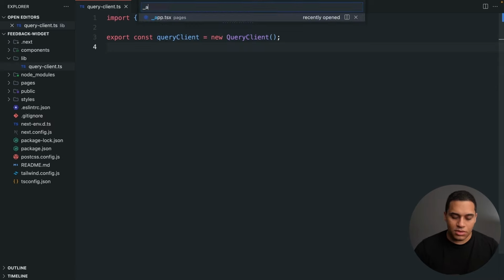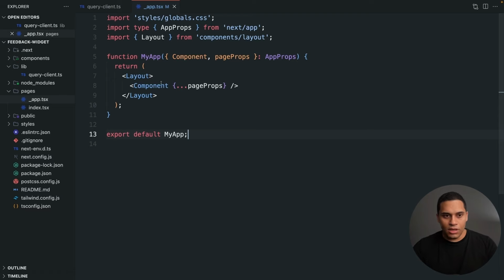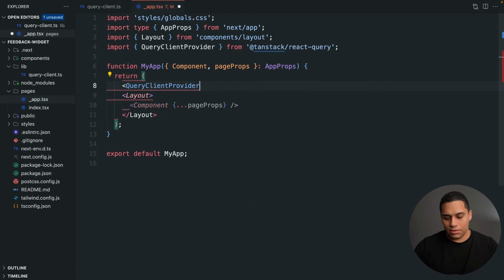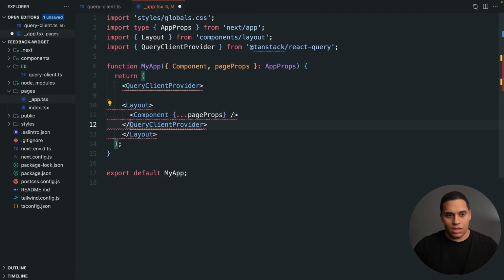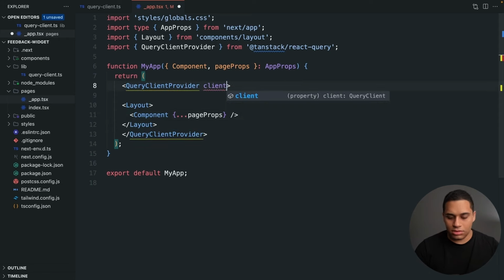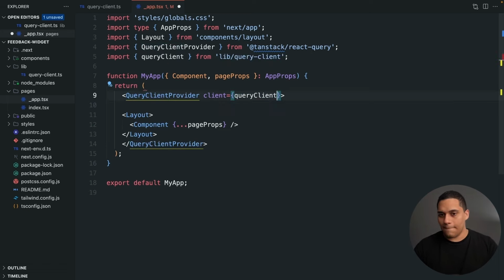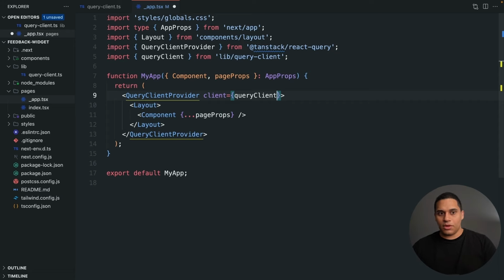So I'm going to go to the _app file, and I'm going to say QueryClientProvider. And this takes a client prop, and I'm going to pass the queryClient instance that we just created. So that's it for the setup of React Query. Now let's take a look at how we can send the submitted data from our form to an API endpoint,